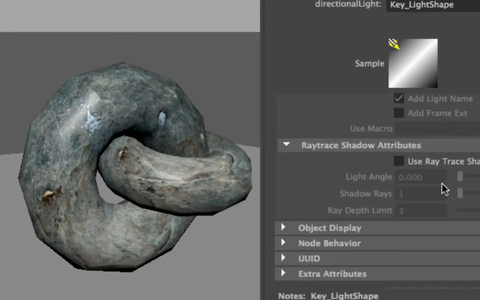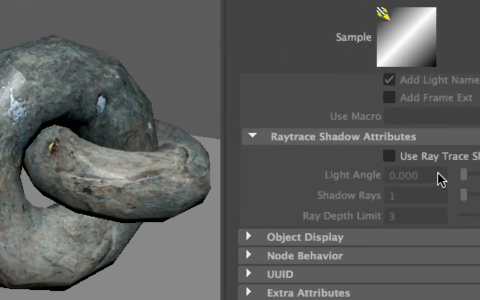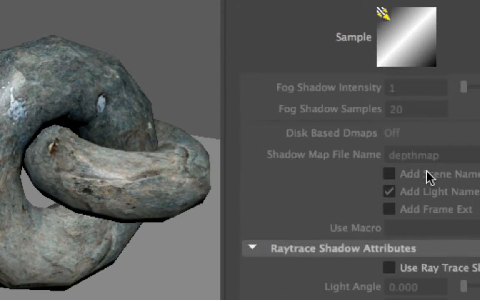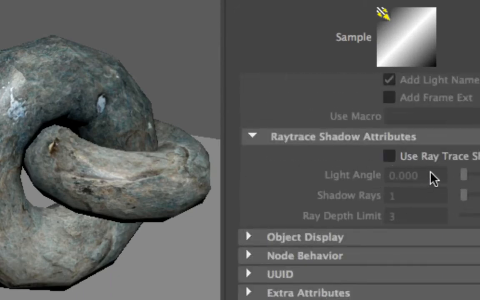What's ray trace shadows, and what's the big deal, when we can use something called depth map? Ray trace shadows, anything that's ray trace, is able to calculate very nice reflection, soft shadows, special effects like water. You know, you can see how the image bends in water. So all this requires something like Arnold, a very special rendering engine that does a lot of calculation, light bouncing, how it